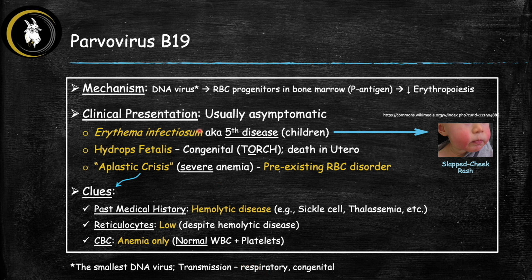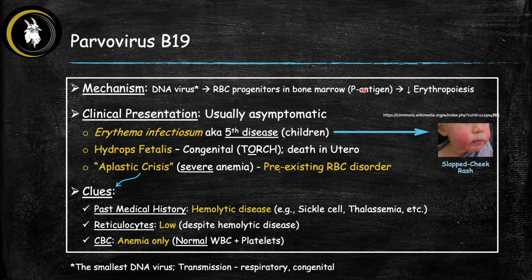And the problem with this virus is that it has a very specific interest in attacking red blood cell precursor cells in the bone marrow. The reason it can get into those cells specifically is because those red blood cell precursors have a specific receptor on their surface called the P antigen, and this parvovirus, which starts with the letter P, by the way, if you're looking for a mnemonic, can use this P antigen to get into the red blood cells, and once inside these precursors, it can cause damage and prevent them from developing in